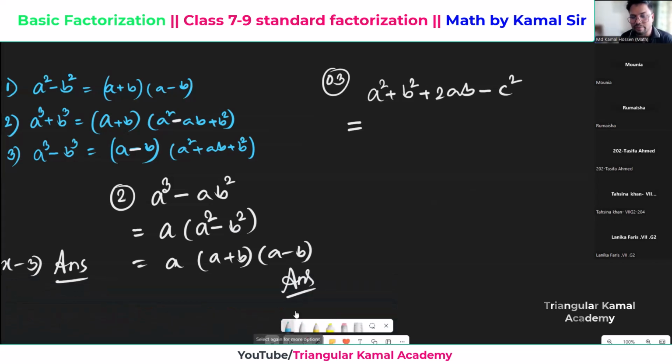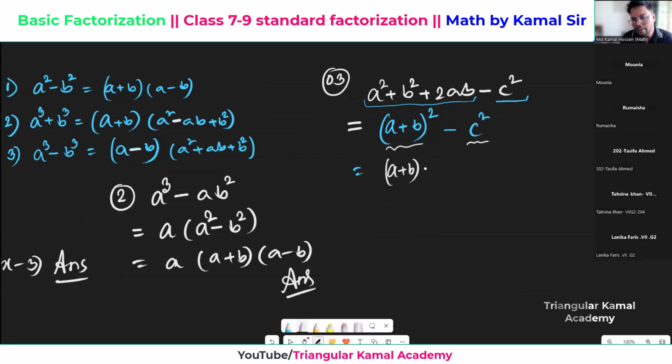Oh, in the first three terms here we can apply a formula, right? In the first three terms, which formula? (a plus b) whole square. Yes, (a plus b) whole square. And the last term remains the same, c square. Now we can apply the formula of a square minus b square. So considering a plus b as a and c as b, now a square minus b square will be